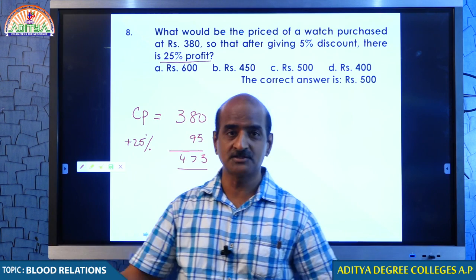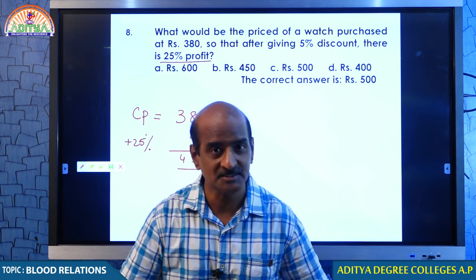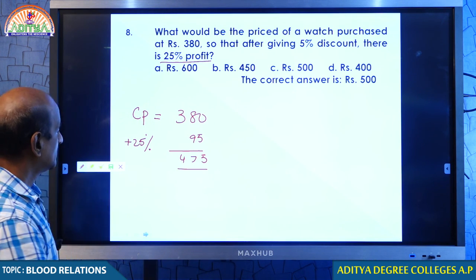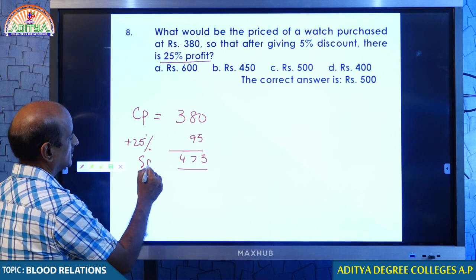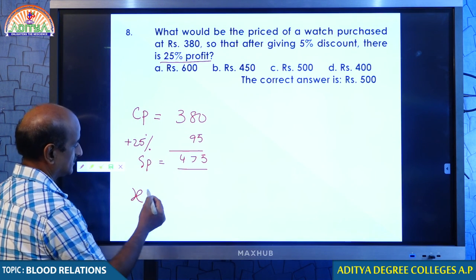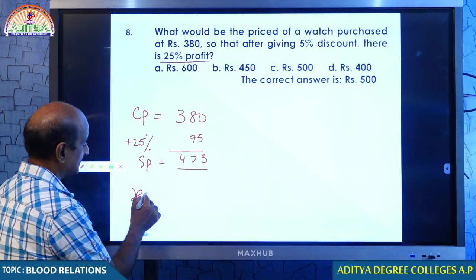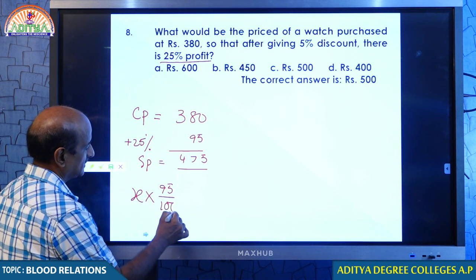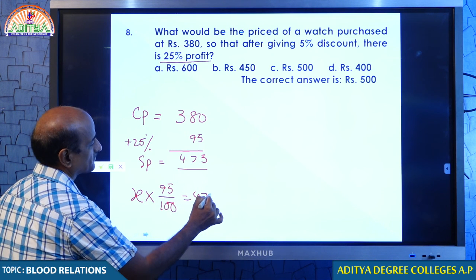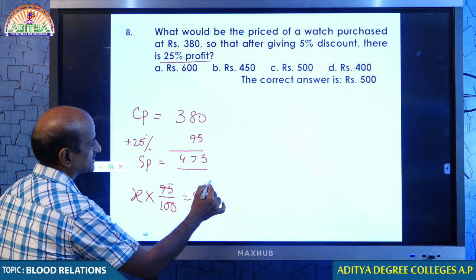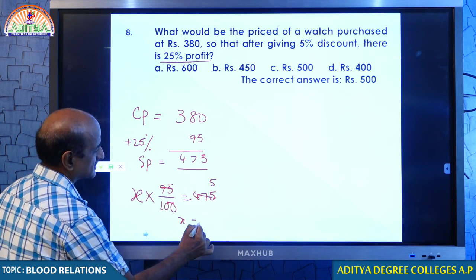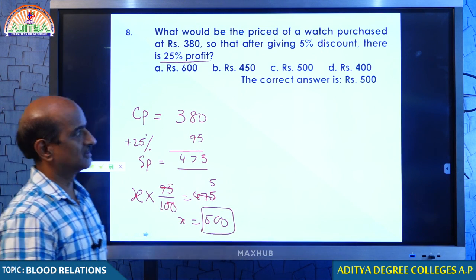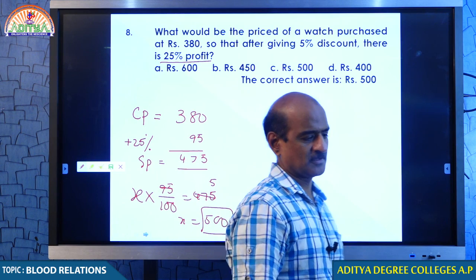Okay, you say the same price to the customer? No, the customer is asking for a discount. If the customer is asking for a discount, you better say some X. If you say X, he obviously gets a discount of 5%. The remaining amount he gives to you. 95 cancels 5 times. Therefore, X is equal to 500. Therefore, the market price must be 500.